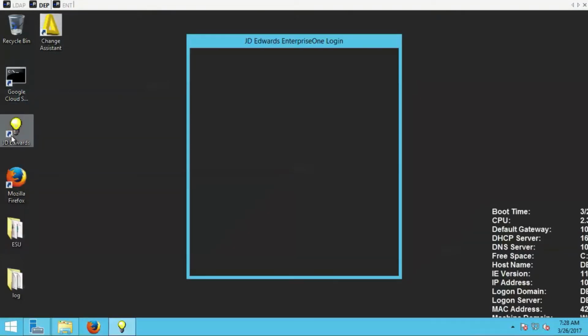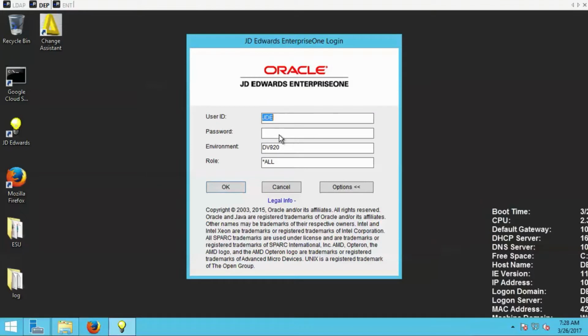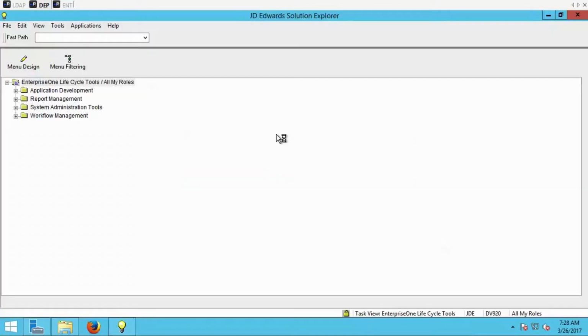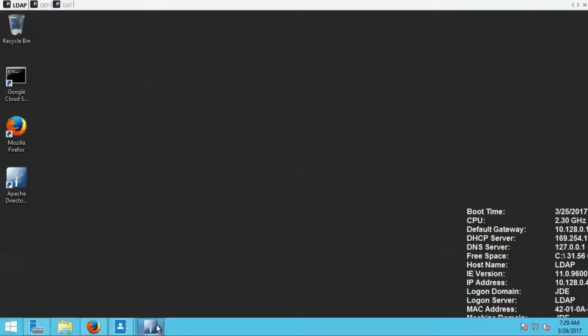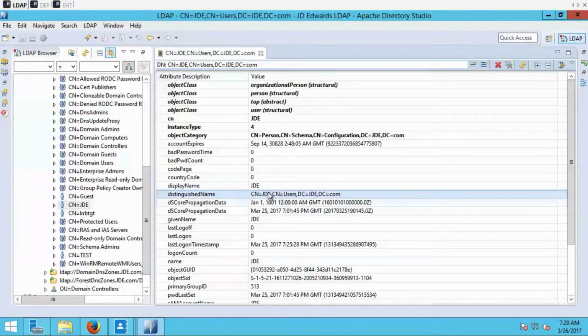and sign into JD Edwards to see what configuration has to be done to make LDAP work. So we enter the password for JDE, sign in, and we go to P95928, and here we see the configuration for the LDAP server. The LDAP admin ID is exactly the same as what we saw in the distinguished name field, so it's exactly the same configuration